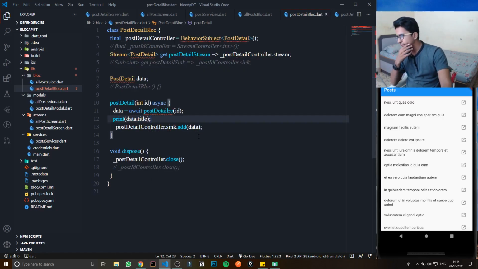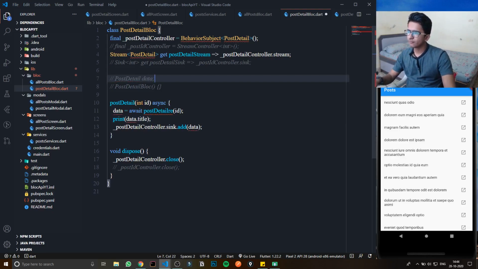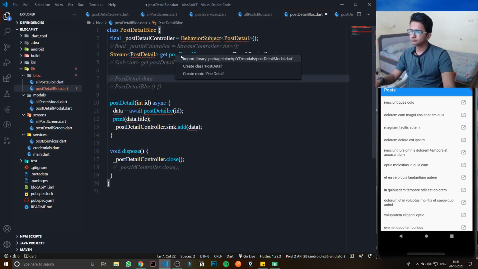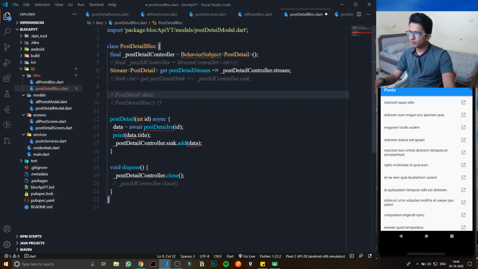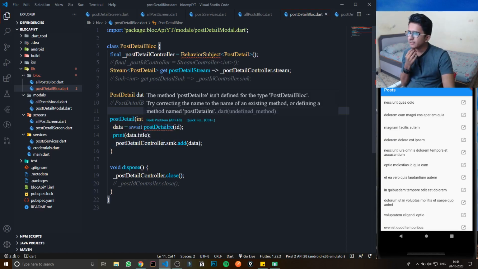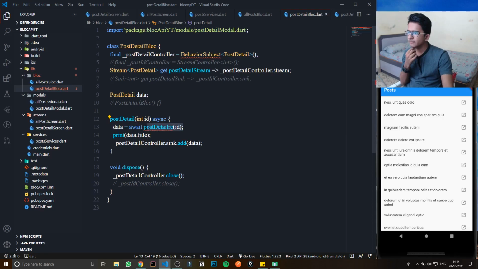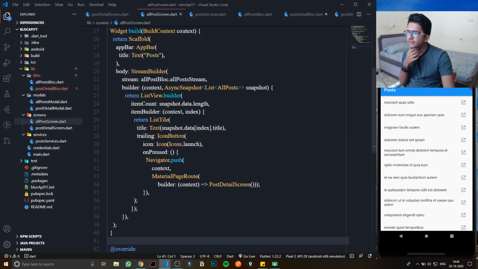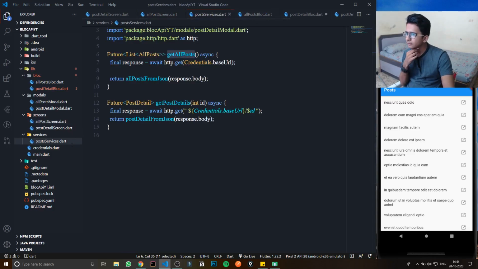Let me import a few things. Post detail: instead of this, the function name is a little bit different in our case, which is getPostDetail.